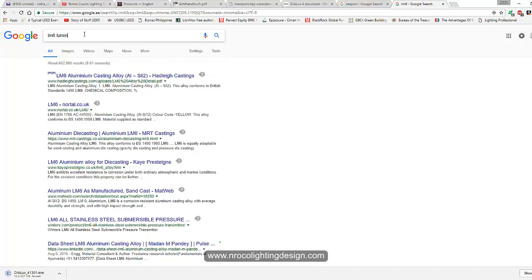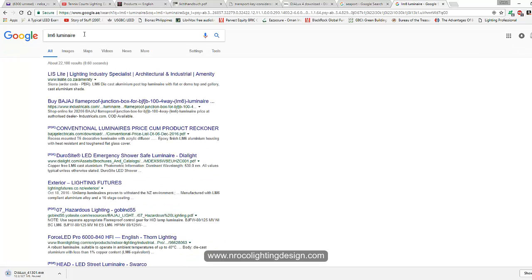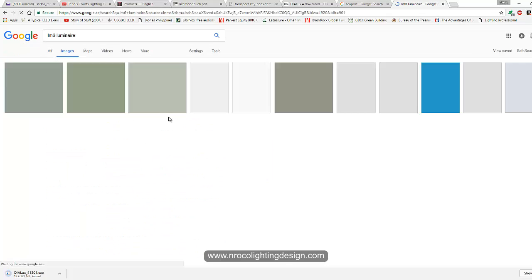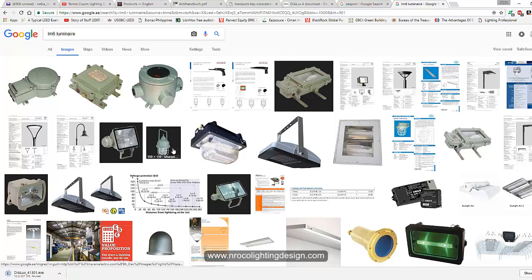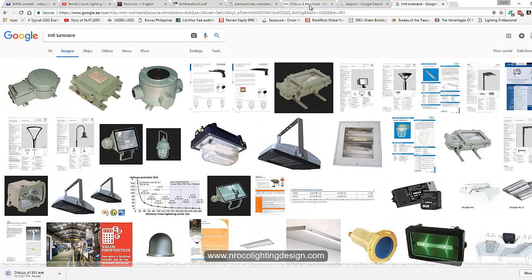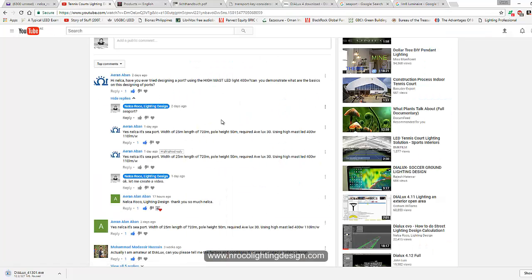For example, I will type LM6 luminaire, and you can find some fittings that are LM6. It's not just that you need a 400 watt LED luminaire, but make sure you have this LM6 body or LM6 coating on your luminaire's body.